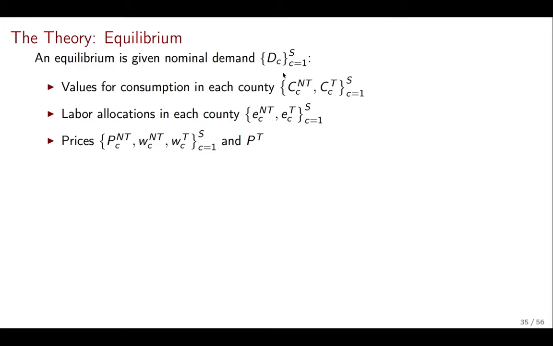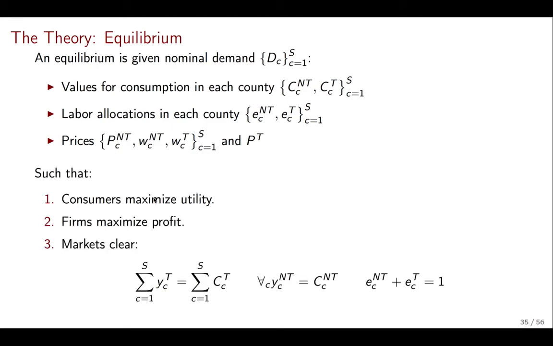Then an equilibrium is going to be values for consumption in each county, labor allocations in this county between the tradable and the non-tradable sector, and prices in each county for the non-tradable sector, for non-tradable labor, so this is going to be the wage in non-tradable, the wage in tradable, and a common price of tradables,